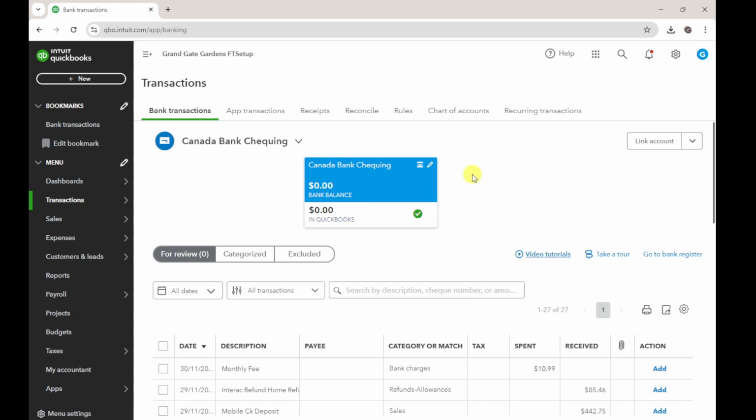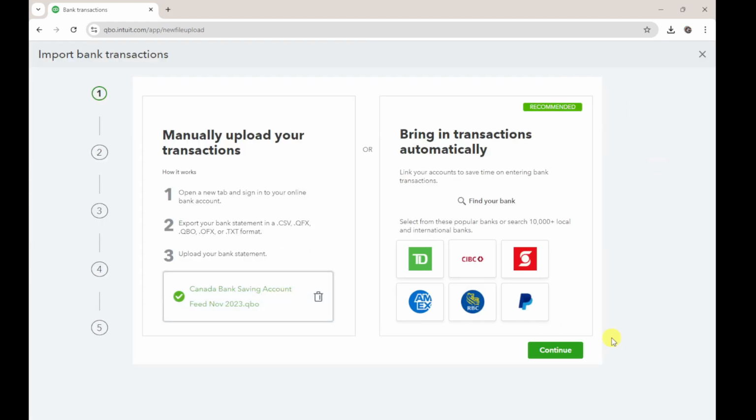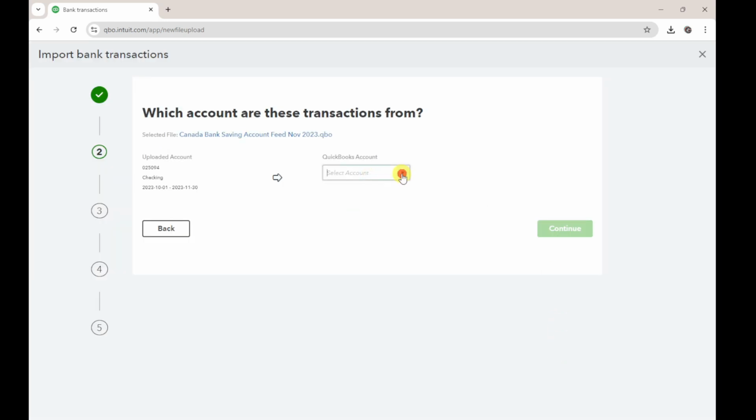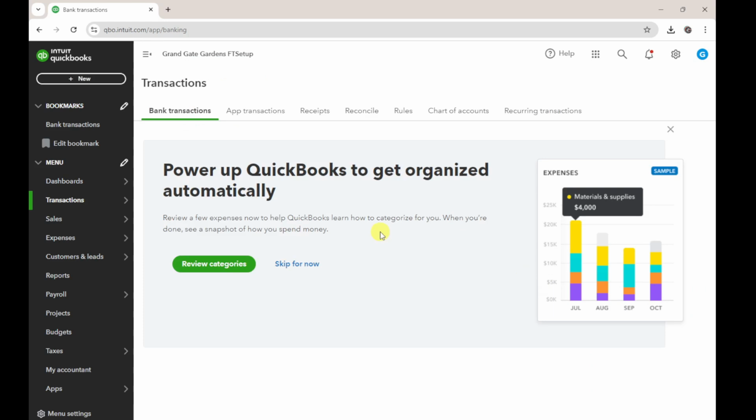So let's upload another one. Linking will take me to how to connect to an actual live bank. Because this is a sample case study, we have the fake one, so we're going to upload from file. I'm going to bring over the savings account like this, continue, and this is Canada Bank Savings, continue, and done. So now you can see